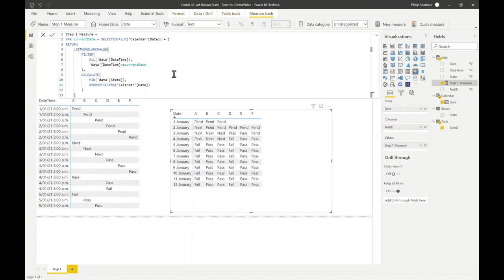Now in the function itself, like I said, what we're doing is for the last non-blank value, we pass it, it requires a reference to an individual column, or you can pass it a table, but the table needs to have only a single column. Now the all function inside filter is producing a table expression that has just a single column. It's grabbing every single unique value in this column here, and it's applying a filter to be able to say